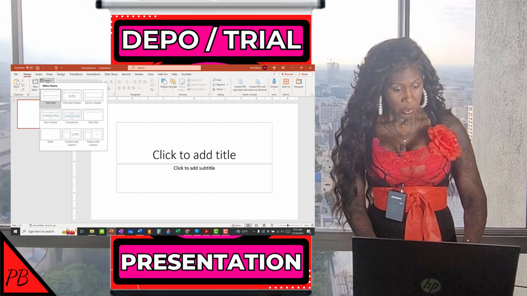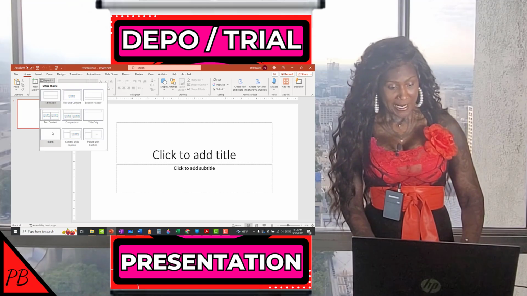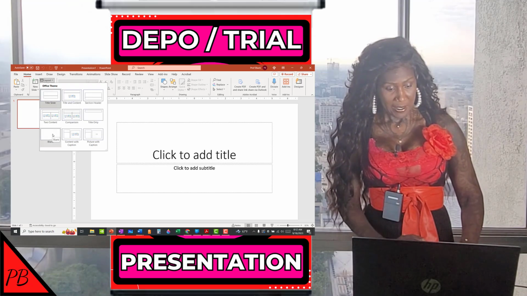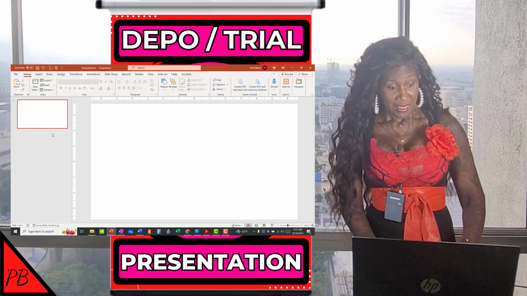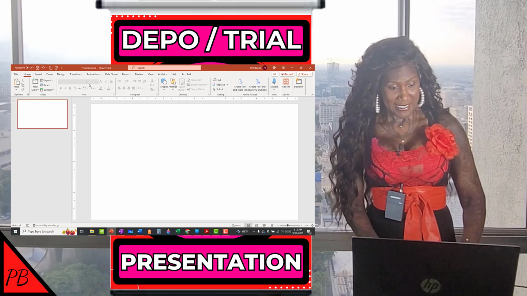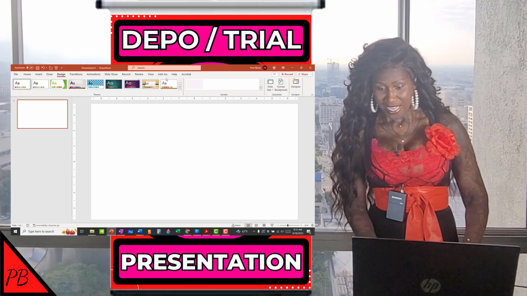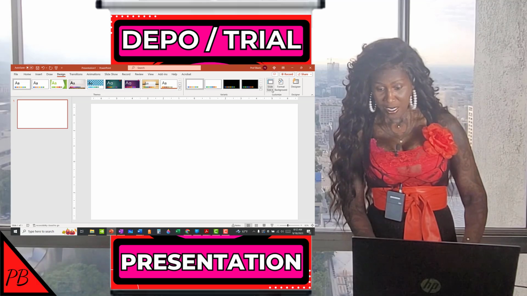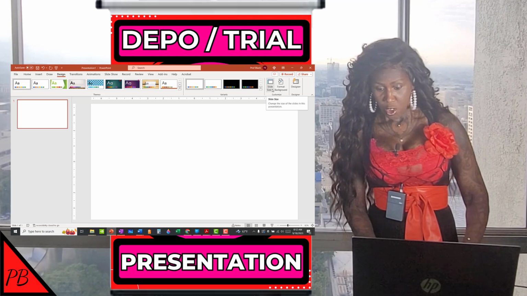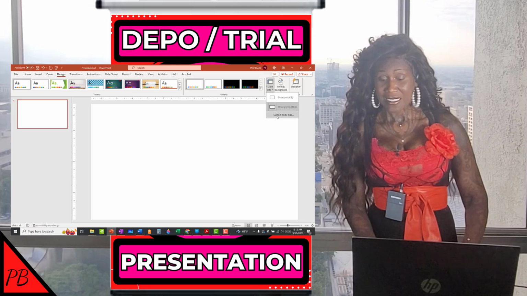Then I want to go down and click Blank because I want a blank presentation. Then I want to go over to the Design tab here. Then I want to go to the Slide Size drop down here and click